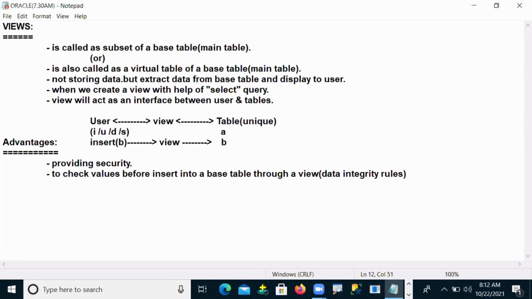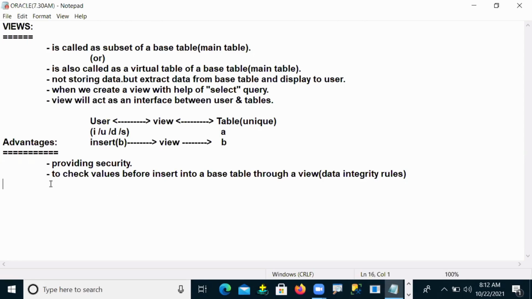The view successfully takes the data and sends it to your table, and the table successfully accepts it. So this kind of integrity rules on the base table can be checked by the view. Before sending the data into your base table through a view, the view checks whether there are any integrity rules on your base table or not.